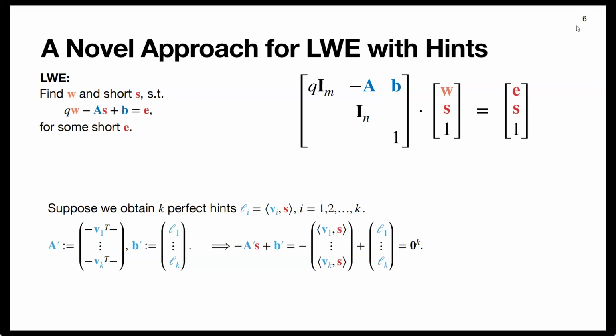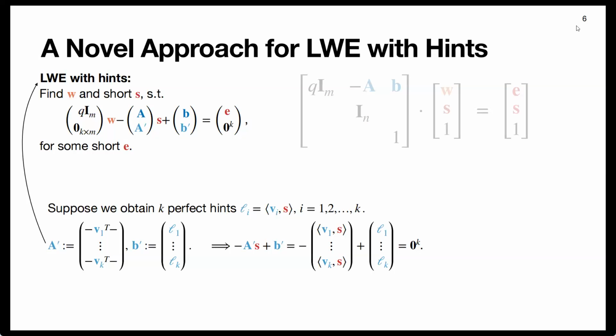So LWE with hints is essentially the problem of satisfying two equations, the initial LWE equation and also now this new equation that we derived. And then we thought, well, let's just try to solve both equations at the same time. For that, maybe it's a good idea to just turn them into one equation. So maybe do something like that. Here, the first row in this equation is just the usual LWE equation. And that also very naturally gives you a lattice problem.